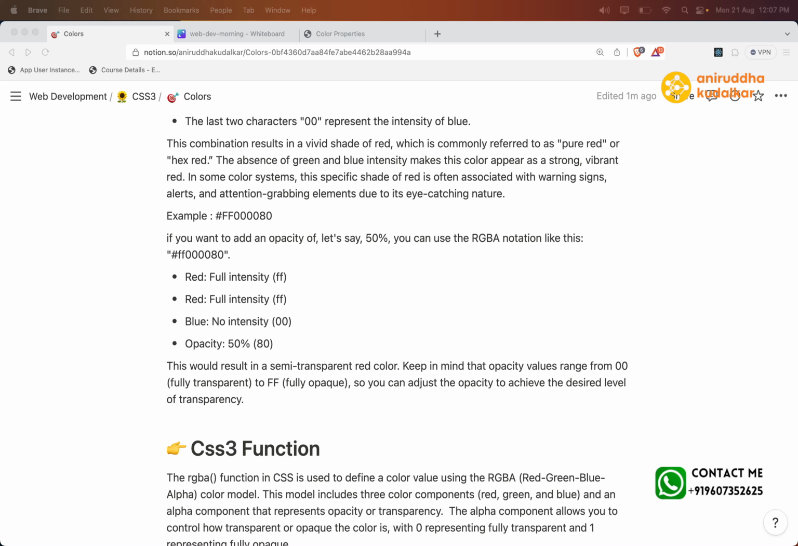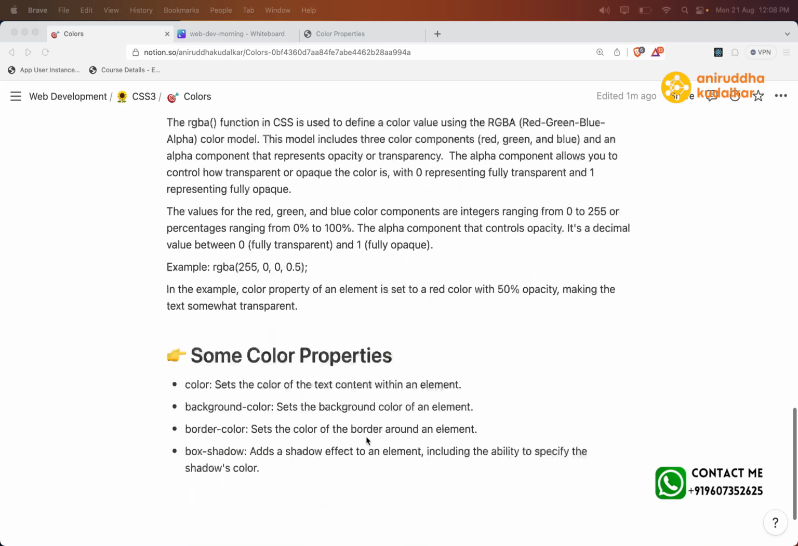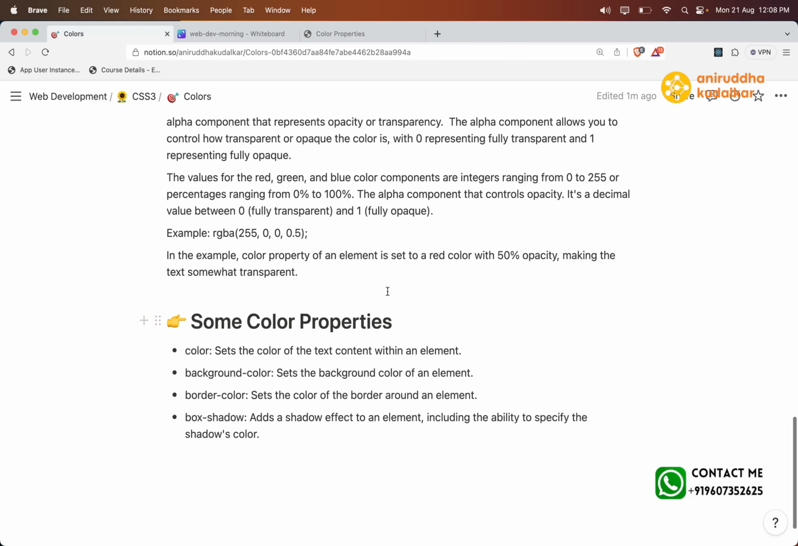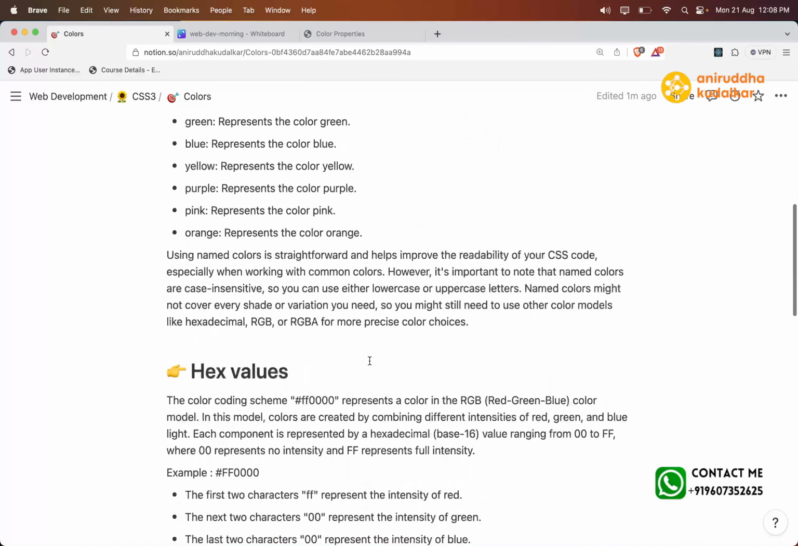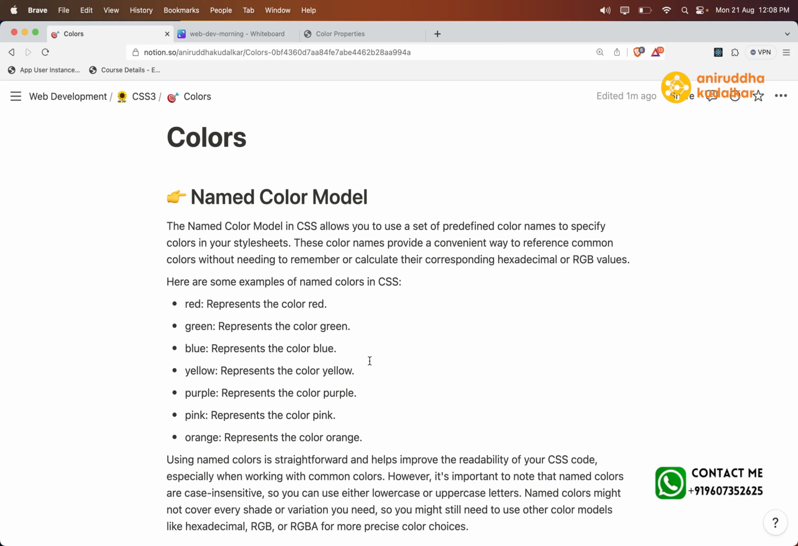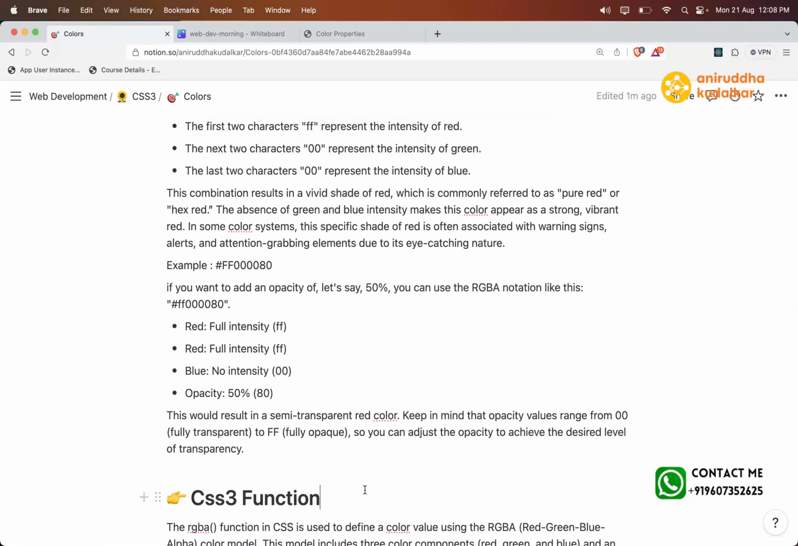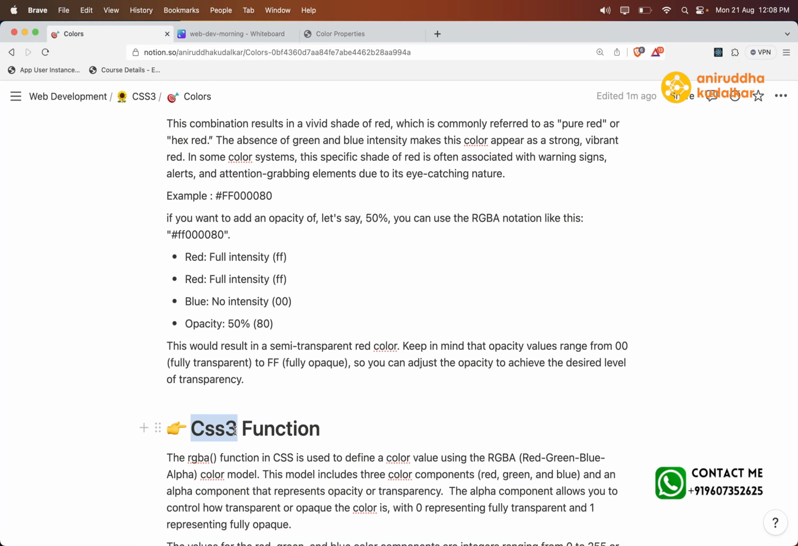Okay, for HSL, we need to know something else as well. Let's park this topic for some other day, but I will cover HSL as well. We can go to a lot deeper level in CSS, no problem. But as far as the required things, you need to know the named color model, hex values, and the CSS3